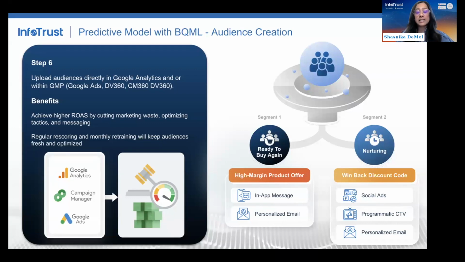And the goal here, once again, is that by having a segment breakdown this way, you're able to reach your marketing goals, whether it's higher return on ad spend or just your ongoing optimization. Because BigQuery ML is housed within BigQuery itself, you can ensure that these models are run on a frequent basis based on a specific schedule, and ensure that the data that's fed in is also scheduled too, so that you are able to have a refreshed audience list on a constant basis.